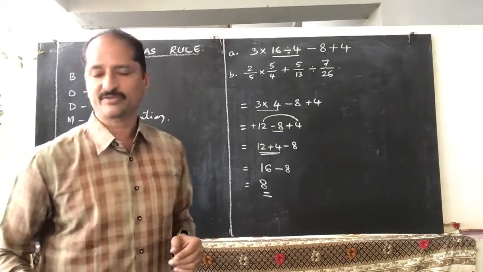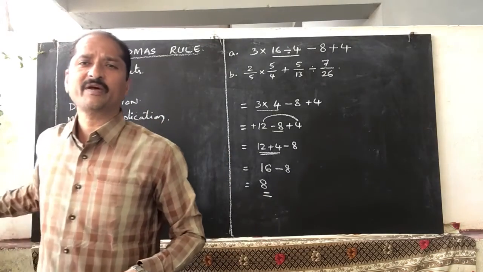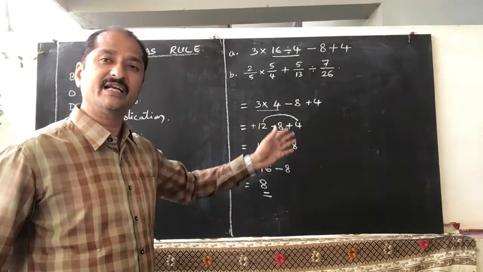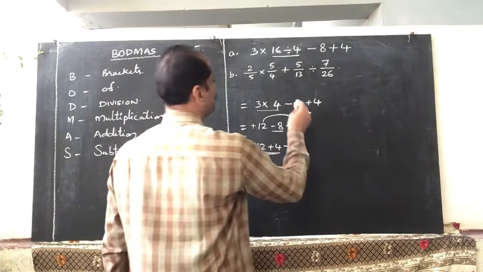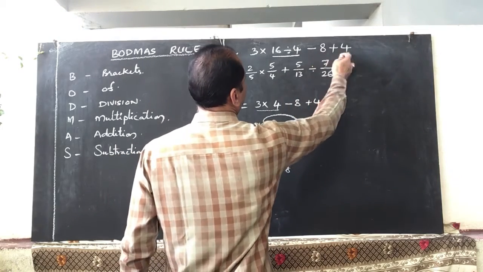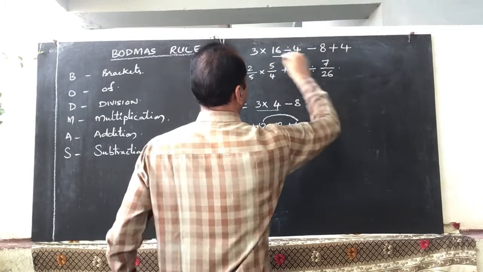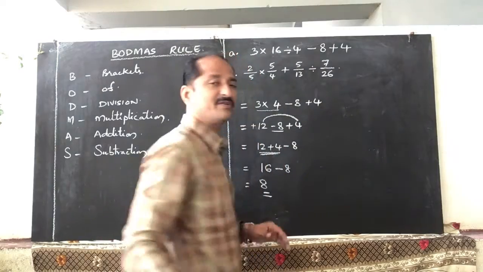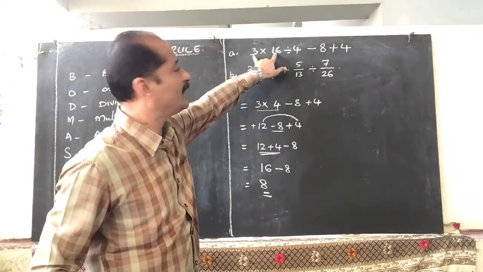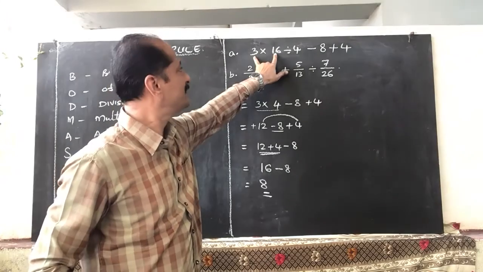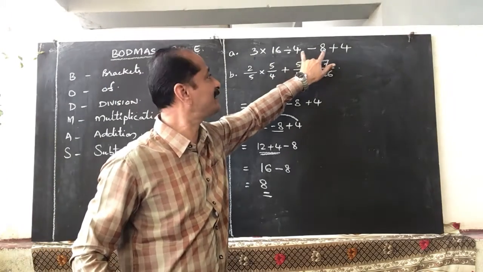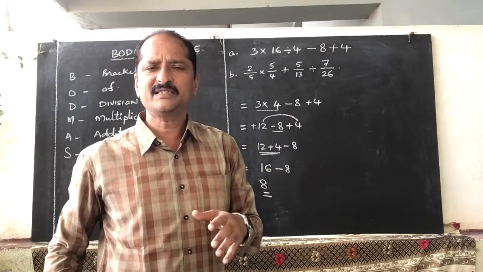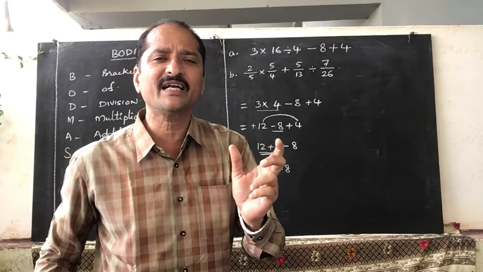So this is the DMAS rule. You have to perform like that. If you are not performing like that, if you do it a different way, you will get a different answer. For example, if you perform 4 minus 8 or 8 plus 4 first, check what happens. So many people will do it in different ways. Some will do multiplication in the beginning, some will do subtraction in the beginning, or some will do addition in the beginning. If each person does it in a different way, we will get different kinds of answers.